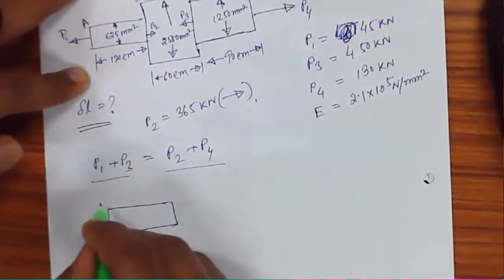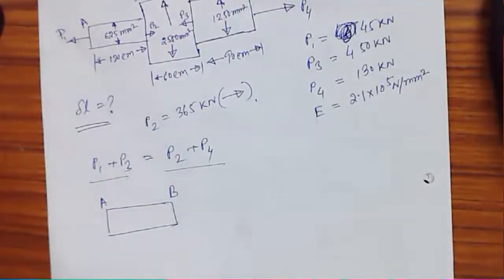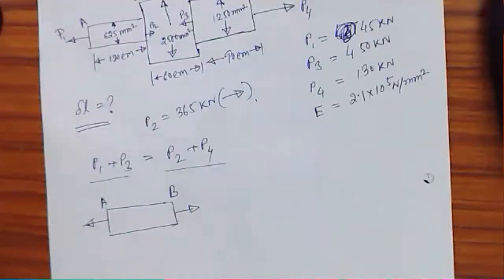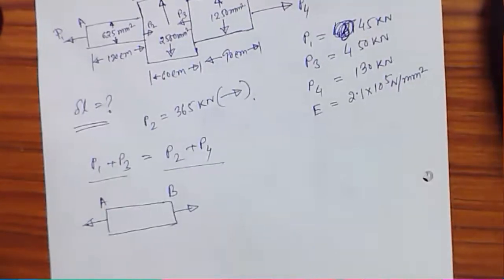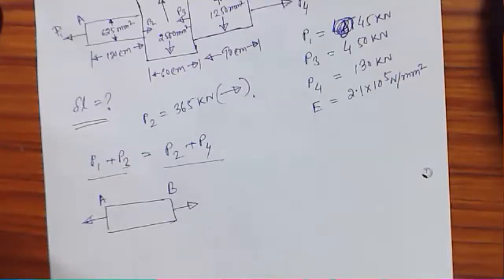Okay, so we will start with the segment AB. Fine. Now, what do we have to do here? We have to find out the elongation for the resulting force, P1 and P2. Elongation. Okay, fine. Then the next job, the change in area. Change in area? There is no change in area.